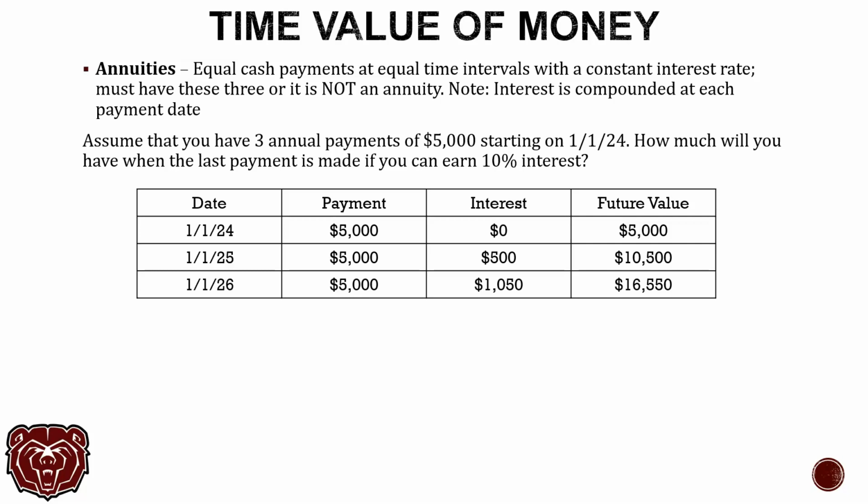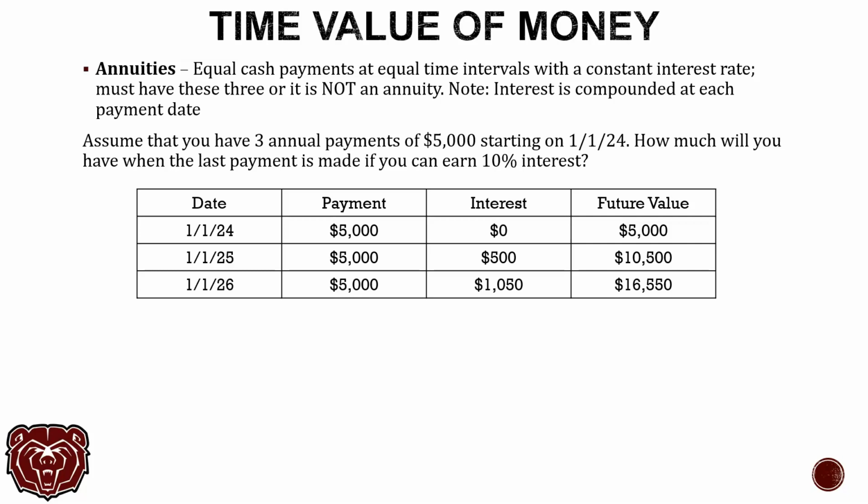Okay, there are different types of annuities. We are going to talk about very simple, basic annuities here. Okay, so let's assume that you have 3 annual payments of $5,000 starting on 1/1/24. How much money will you have when the last payment is made if you can earn 10% interest on that $5,000? Okay,